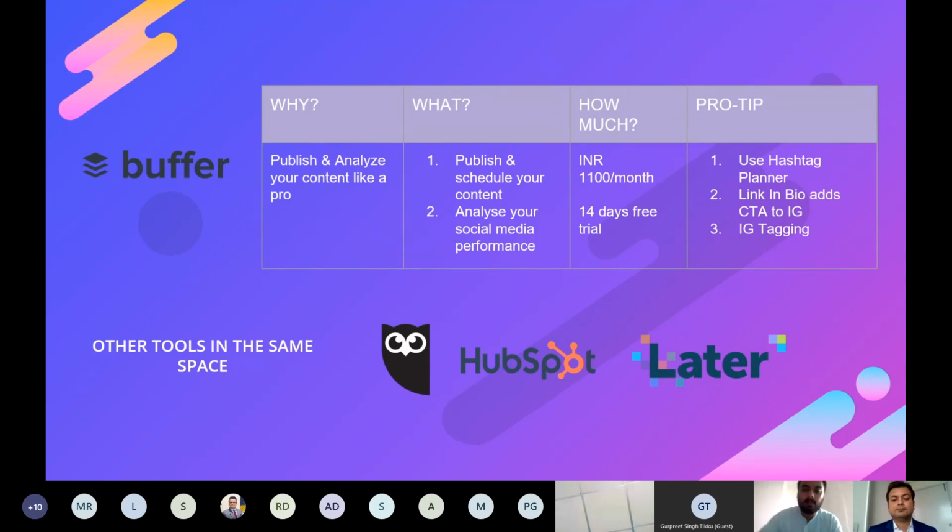I can see Payal writing that even Facebook has now introduced an inbuilt publishing tool, which helps you. So Facebook has had the scheduling tool for a long time now. So Facebook was still an easier game, but here with Buffer, I think a very important point is when you create a calendar. Let's say I have a 7-day content calendar, and I know what post is going which day. It helps you visualize also.